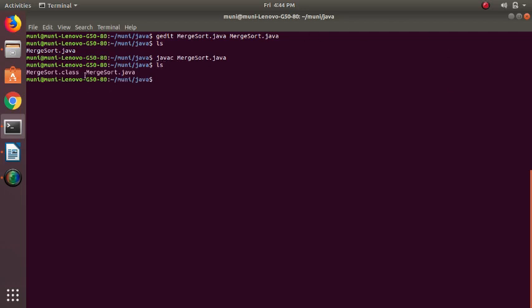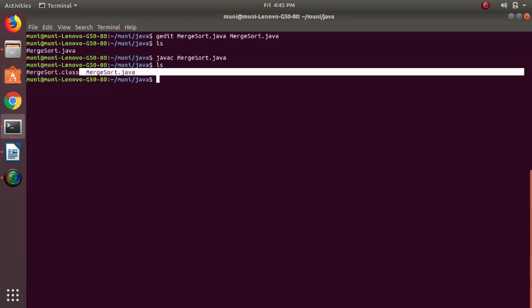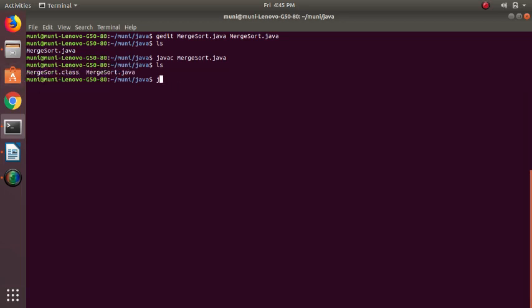Previously there was only the MergeSort program, only one file. After successful compilation I have two files, out of which I need to use this class file for execution. So the execution command is java MergeSort without the extension.